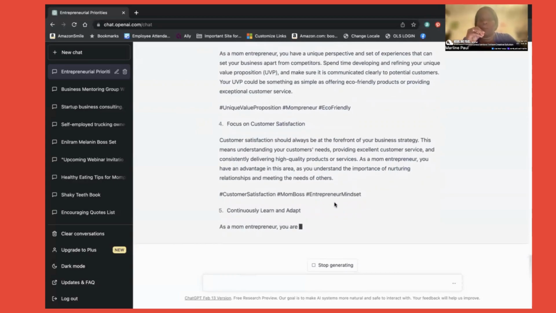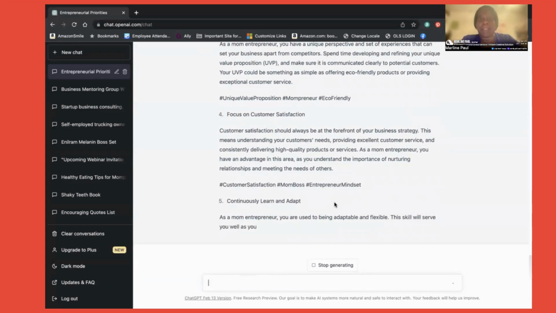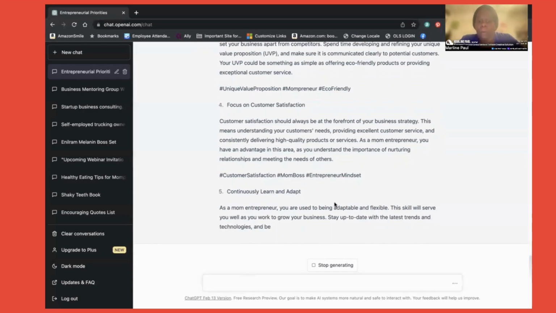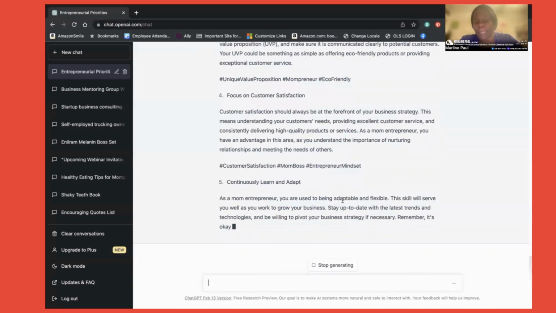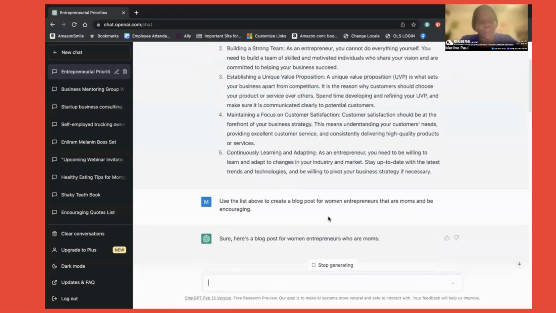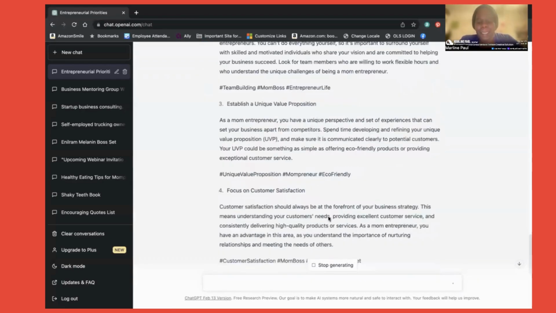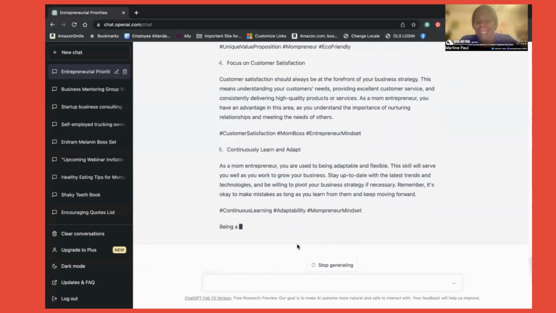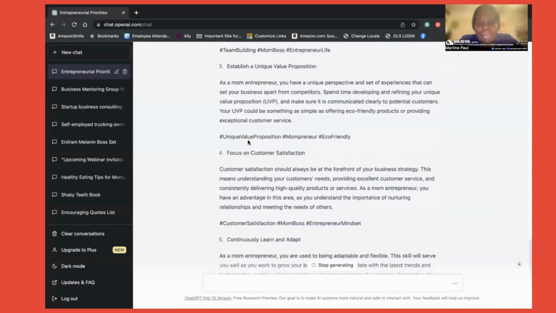I usually just create my post and say, hey, this is my post right here. Can you rewrite it to make it more SEO friendly, right? And you can do that too. So if you don't want to use what ChatGPT has on there, you can use something else. So I'm gonna let it finish up its little magic. It's taking a little bit long this time around to load because I don't have the upgraded plan and I probably will get that later on.